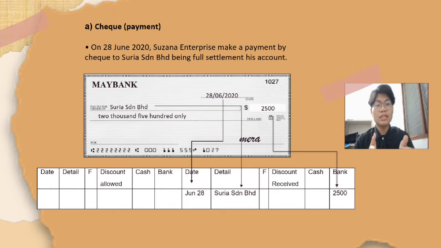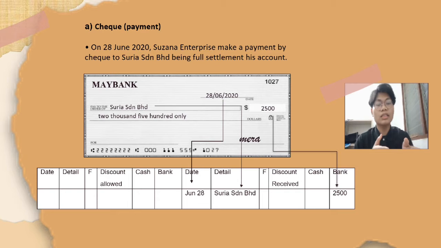First document is check. On 28 June 2020, Susanna Enterprise made a payment by check to Surya Sendan Berhad in full settlement of his account. The way to record it, first we need to insert the date, 28 June, in the credit side because we made a payment. Then we insert the detail of the transaction with Surya Sendan Berhad